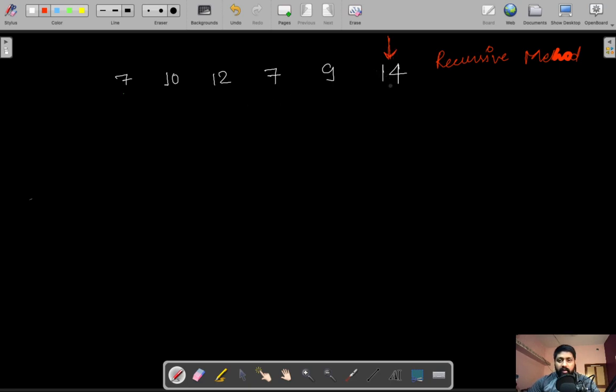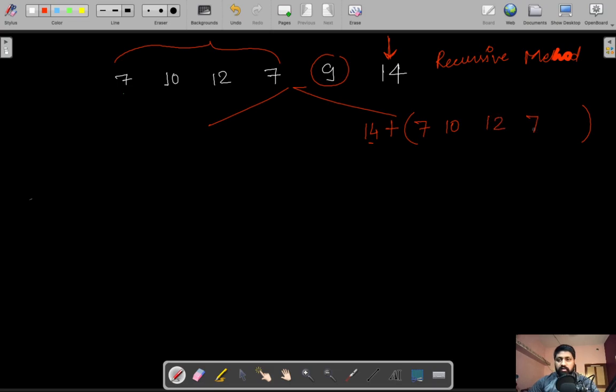Now we have at this point two possibilities. Either we can take this element and sum up with the rest of this part. We can't take this 9 because 9 is adjacent to 14. So if we take the element 14, we are left with the elements 7, 10, 12 and 7. Otherwise, the other possibility is if we do not take this 14. So when we don't take this 14, we are left with 5 elements, that is 7, 10, 12, 7 and